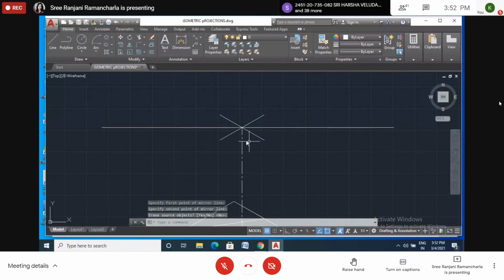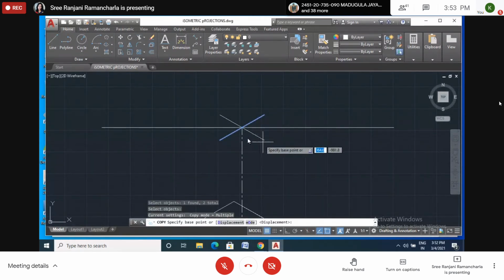Now after drawing this one, these two lines can be copied here and here, and these two lines copied at this end and at this end. So copy these two lines, enter.